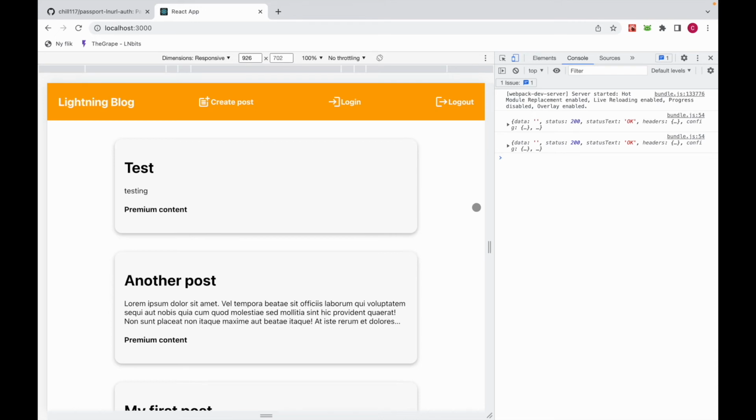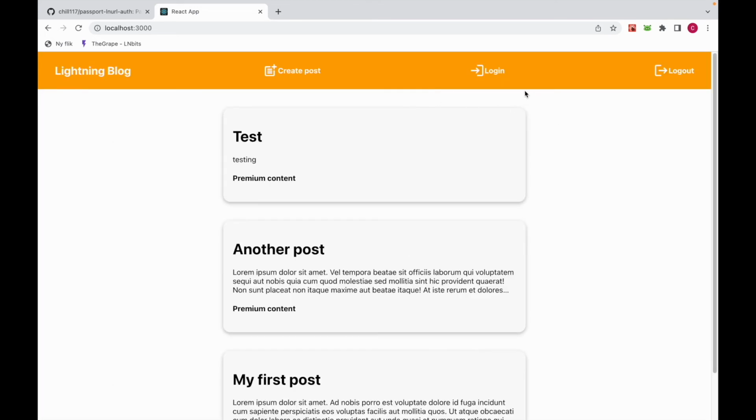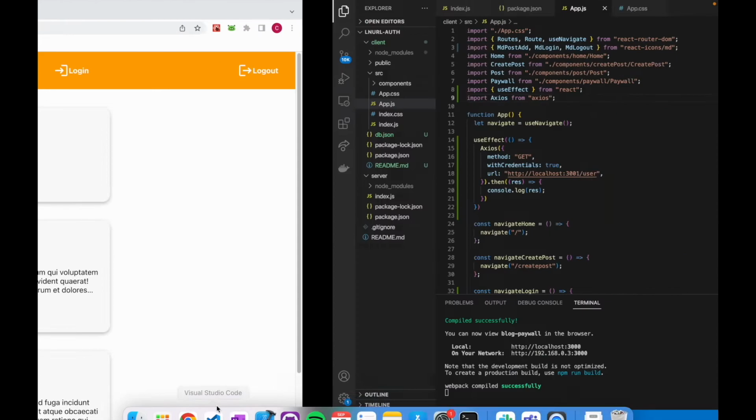So now we have all the functionality in place. The final thing I want to do is just do some styling. And the first thing we can do is just make a conditional statement, so we only show one of these buttons at the same time. So if we're logged in, we want to see the logout button and vice versa. So let's start off with that. We head back into the